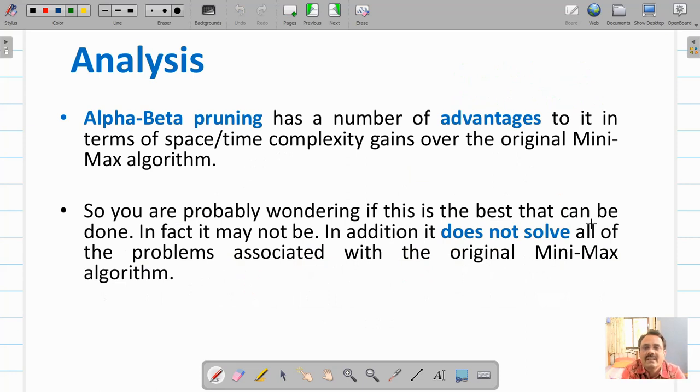So now let us analyze this algorithm. It has advantages in terms of space and time. You have saved space and you have saved time as compared to the Minimax algorithm. So it is better in terms of time and space complexity.